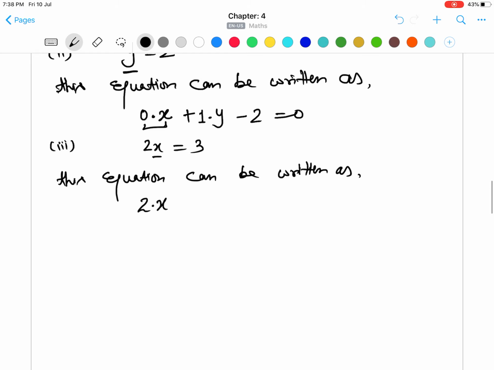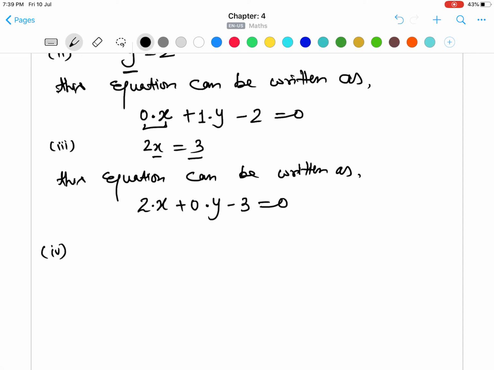Since we don't have any other variable, we'll assume that variable to be y with coefficient 0, and this plus 3 will become minus 3 onto the left hand side equal to 0. So this is again an equation in two variable where second variable y is with coefficient 0, and